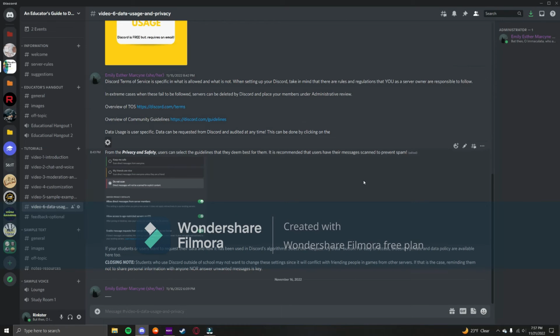Another thing on privacy that is super key here is that Discord's Terms of Service is very specific to allowing what you see, who can send you messages, who you can send messages to, etc. I linked these before and I'll say it again. Here's the terms of service, here are the community guidelines. Having these in key places for your students to read can prevent your server and your members from being placed